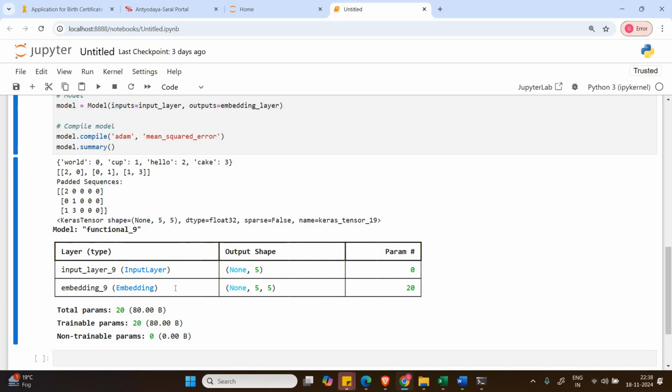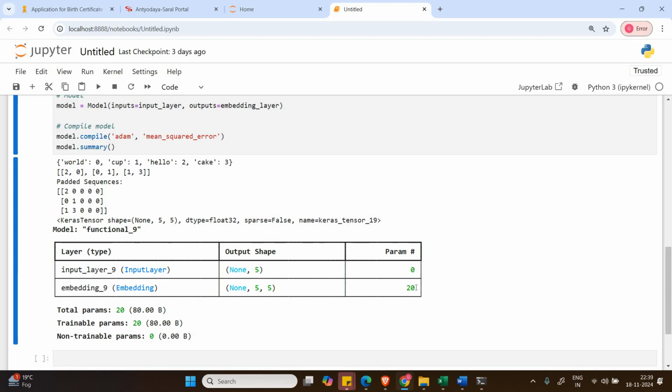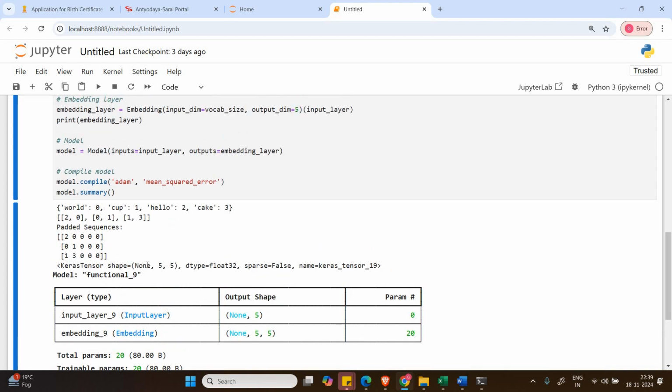And if you are able to understand the previous video, then you will be able to understand what these 20 values mean, how they could have been calculated, and how they could look, right? Because we are not printing these arrays here. But there is an embedding layer which contains some data, right? So all that will be